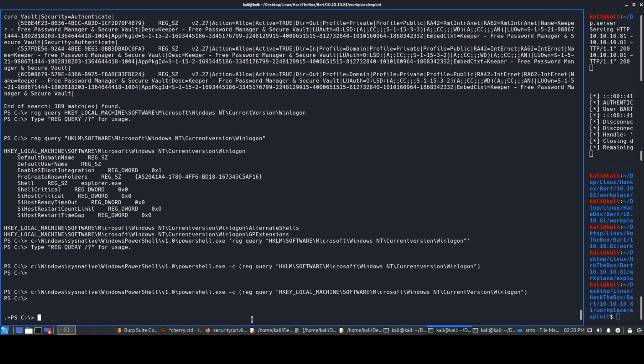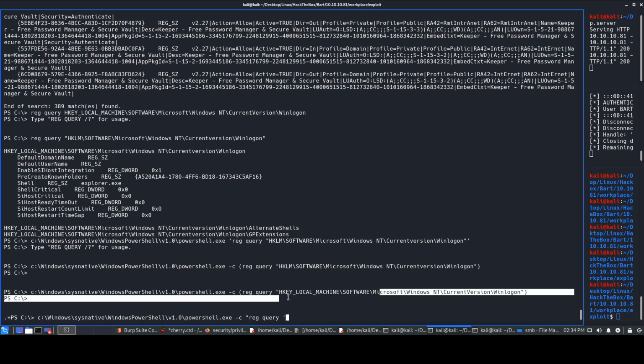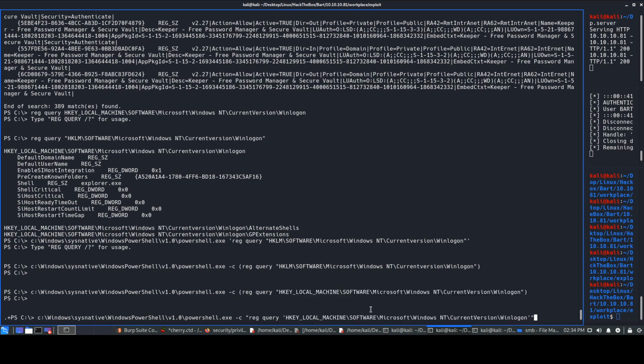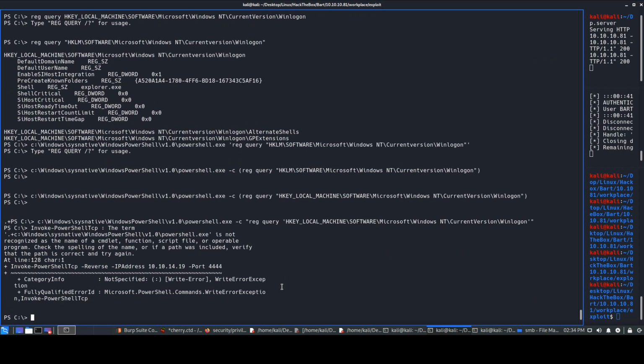I'm not sure why this thing is not running, but let's just give a last try with query. Not sure why this is coming, but